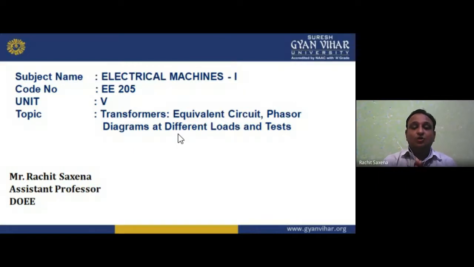Okay. Then we have the second unit, in which we studied the electromagnetic force, that is the Lorentz force. It is given by BIL, and it takes place due to the force law. Basically, when a current carrying conductor is placed in a magnetic field, it experiences a force. That force is applicable when the flowing current, meaning the velocity of the charges, and the field density B are perpendicular. Then we can say force will be there.